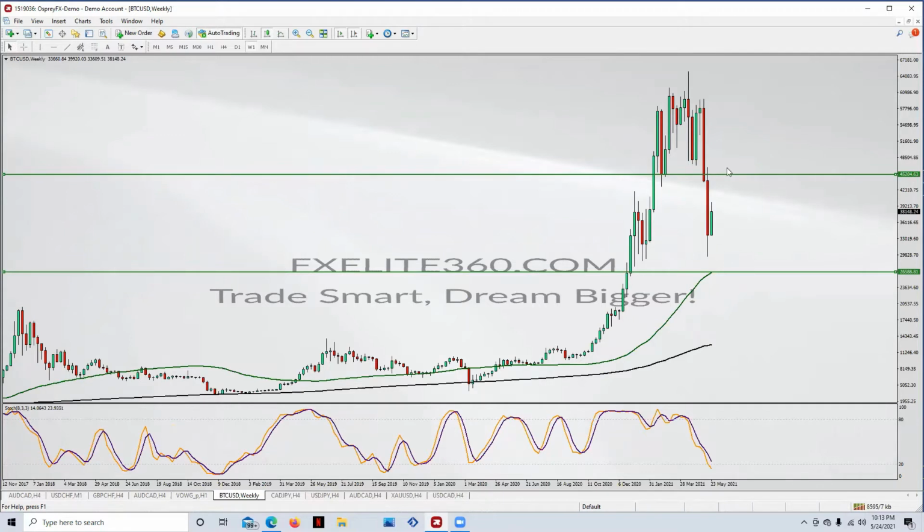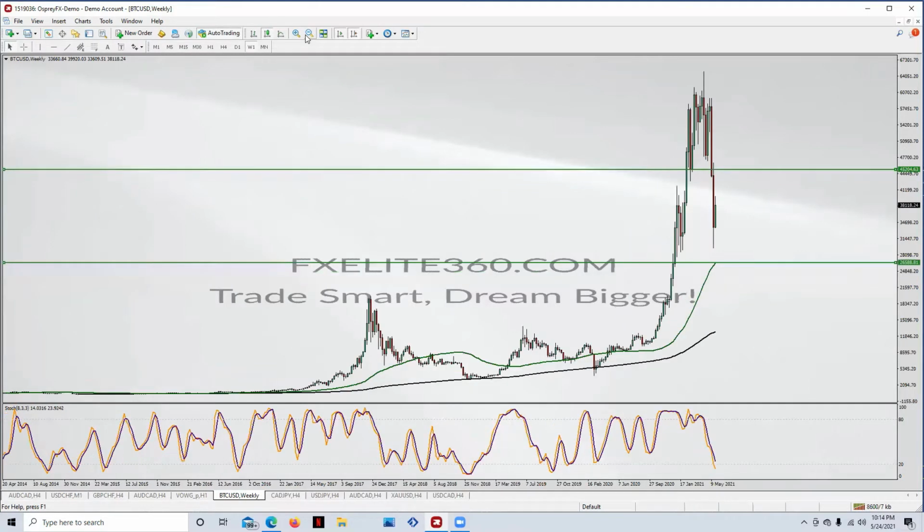So if we do come back and test this level, this could potentially continue going up, or we can consolidate here and then maybe bounce and create a new high. Maybe. Not 100% sure. I would have to see how price would react in the future once we get there. At the moment, it's a possibility we could see a 2658.